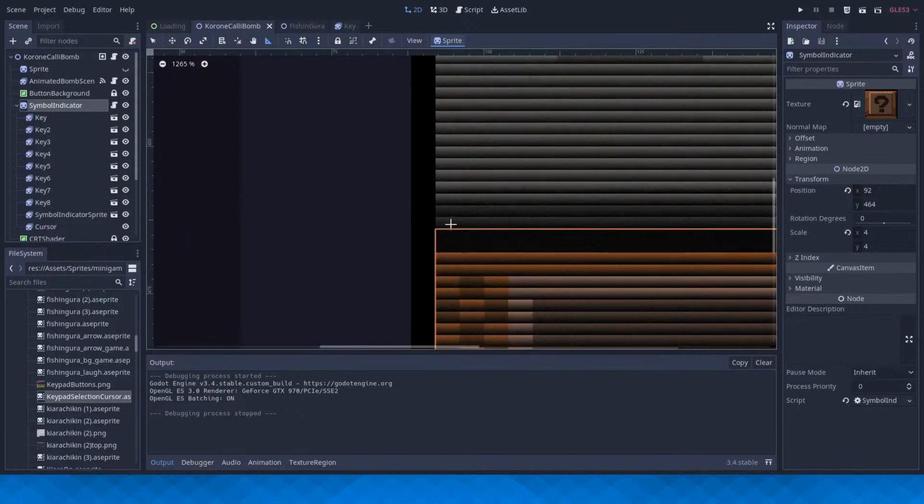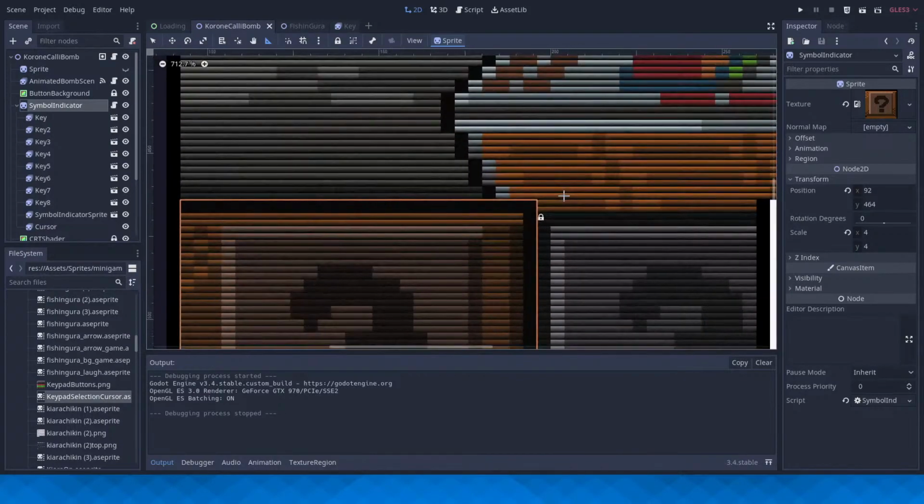Yeah, 104. Okay. Divide that by 4. 104 divided by 4 equals 26.